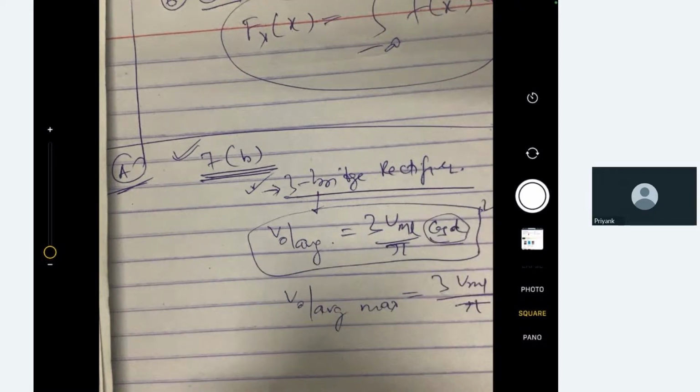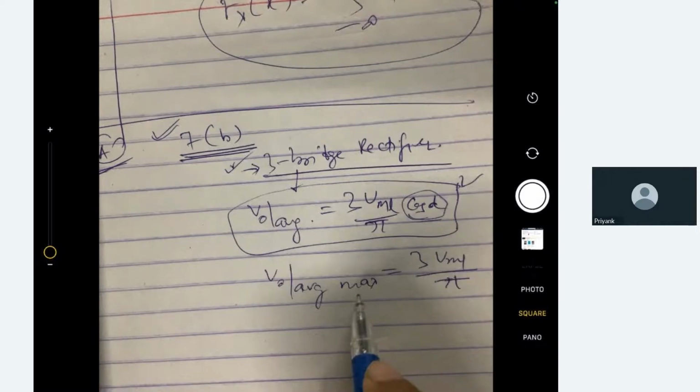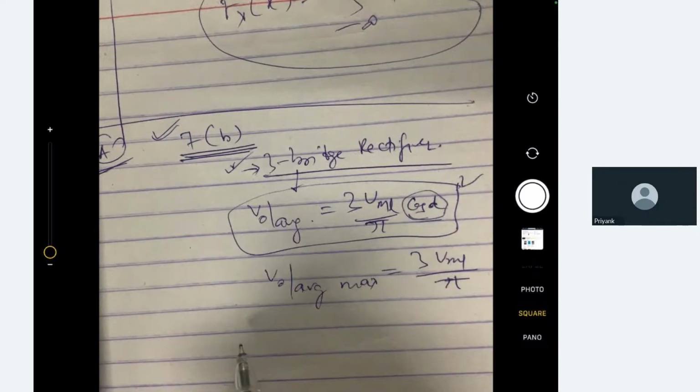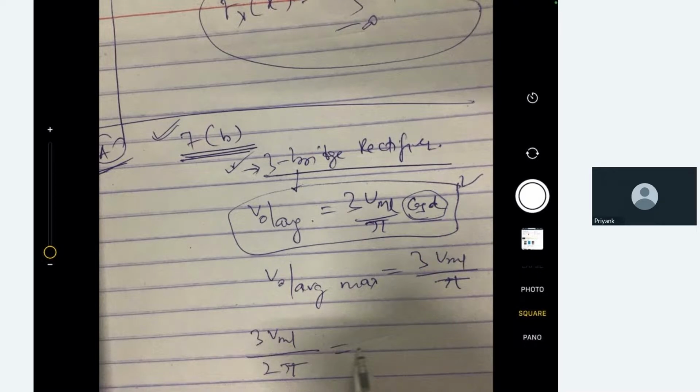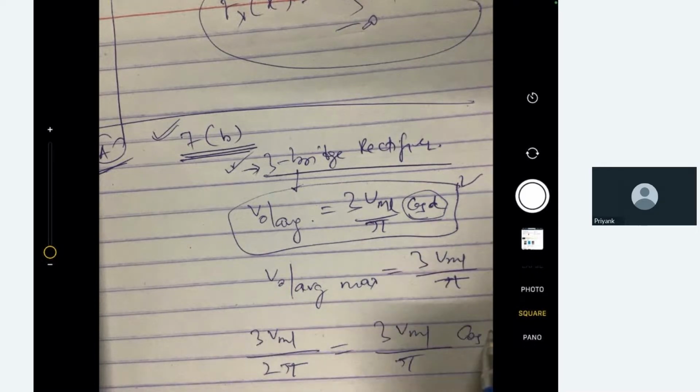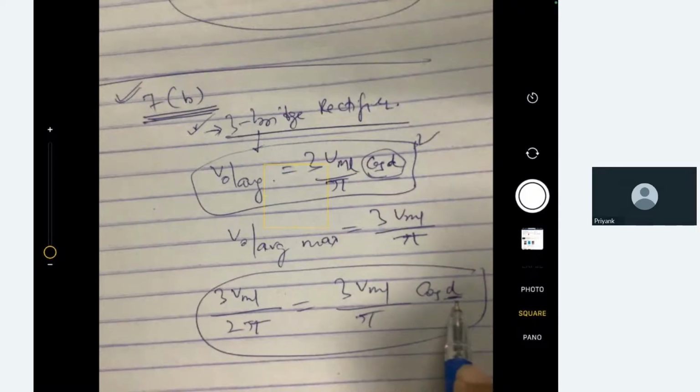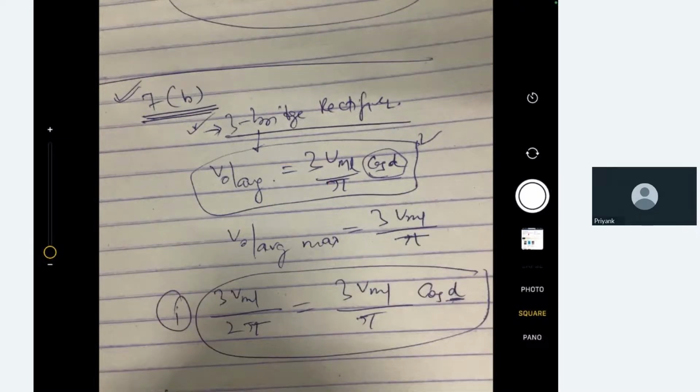Now it is saying to find the alpha. So let's say that is alpha dash. That will be 50%, so 3 VmL upon 2 pi equals 3 VmL upon pi cos alpha. This alpha value we require to find out in the first part. The second part is difficult